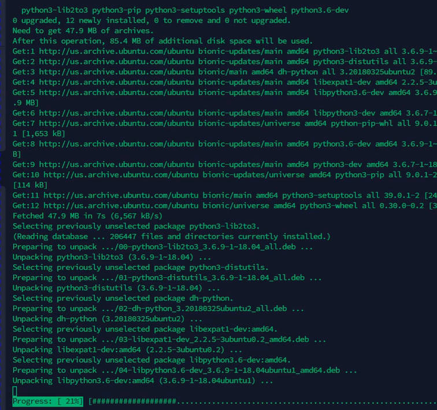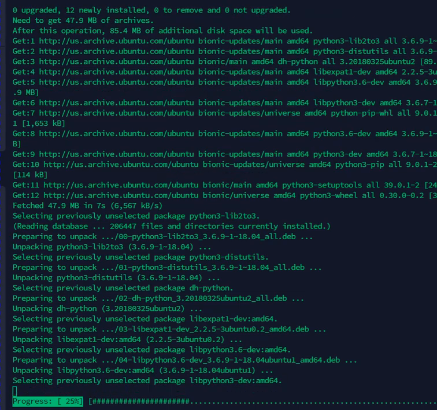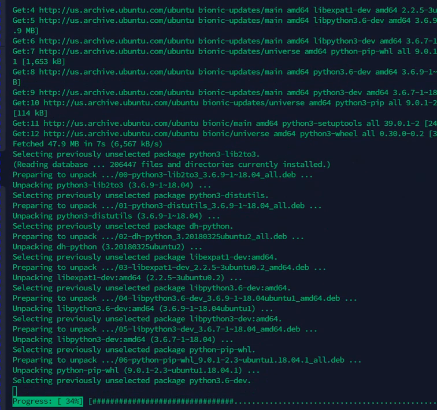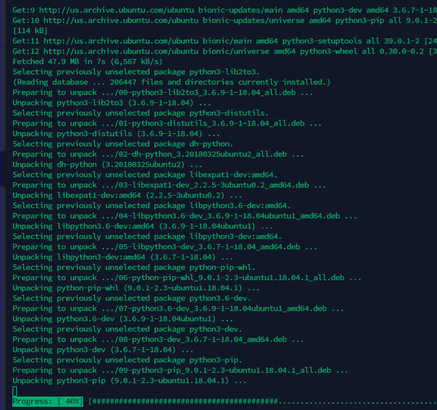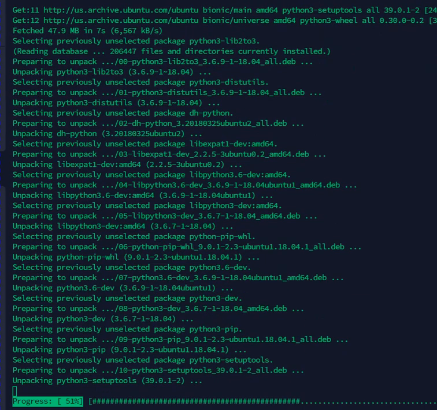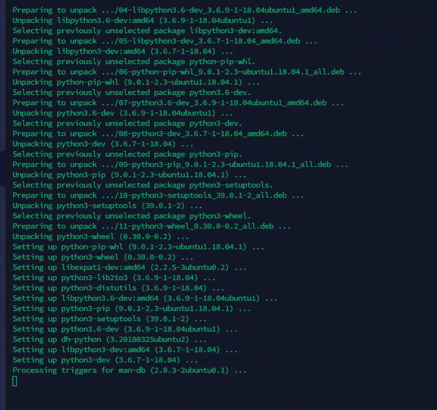Once Python is set up and pip and other tools are installed, we will move on to the next portion, which is to set up a virtual environment for development projects. Okay, I'm going to install some more packages, which consist of